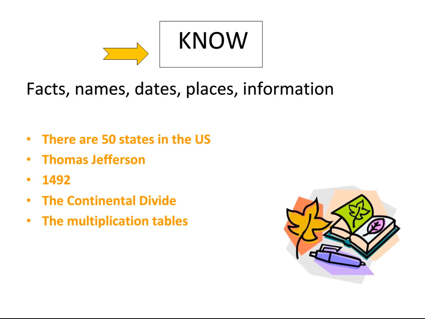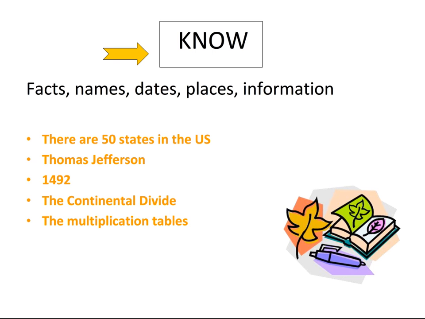And so with knowledge, the biggest thing we want to make sure to talk about, and there's a good illustration here on this slide, is that we want to be clear about what we want students to know about certain things. What about Thomas Jefferson is important? What about 1492 is important? If we want to talk about Thomas Jefferson, do we want to talk about how he was a slave owner, or do we want to talk about his role with the Declaration of Independence? We really want to be clear about what we want students to know about these things.